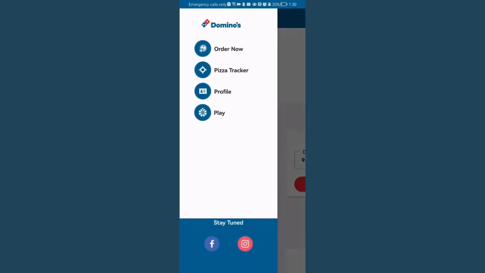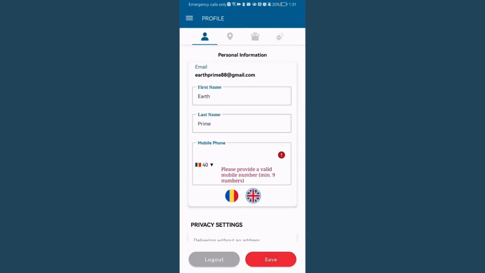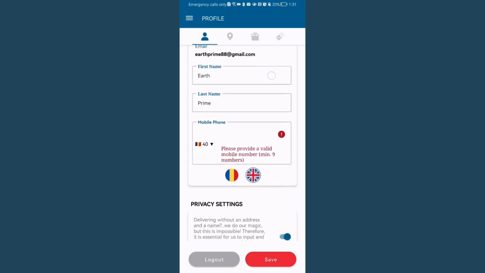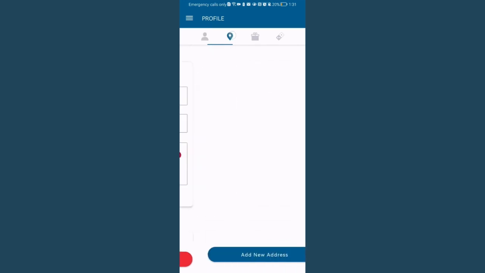Press on it and here you can just press on profile, and you can see that we are right now in the personal information section, and you can just press right next to it on the symbol, and here you will be able to find all of your addresses. Now if you don't have any and you want to add a new address, you can just press on add new address,